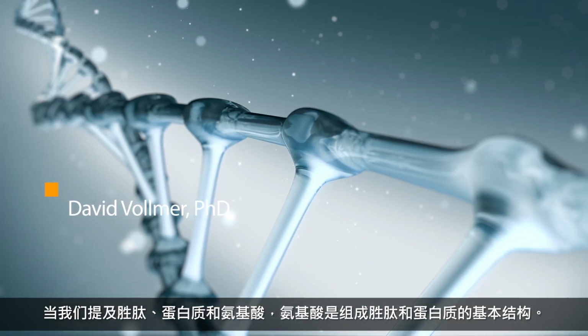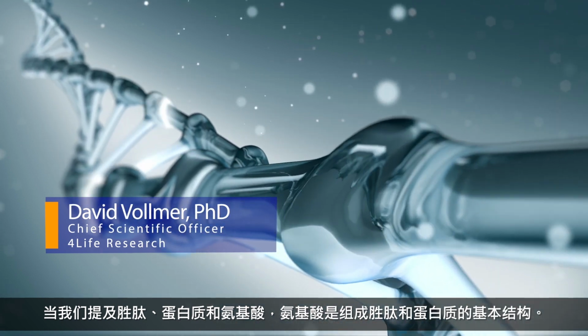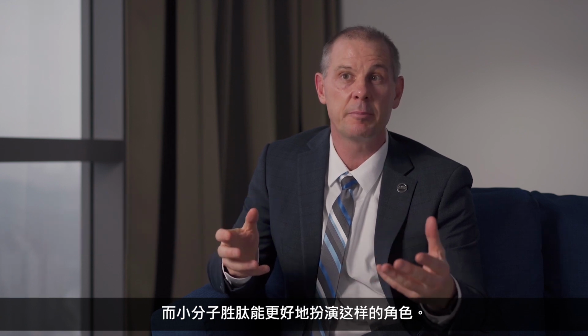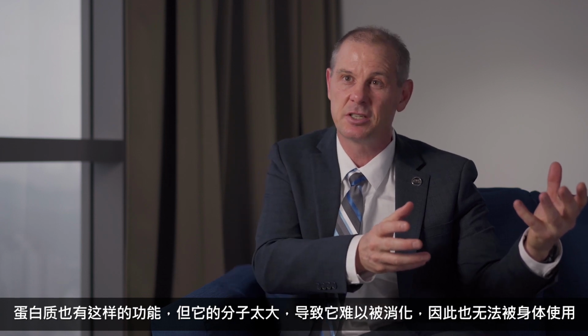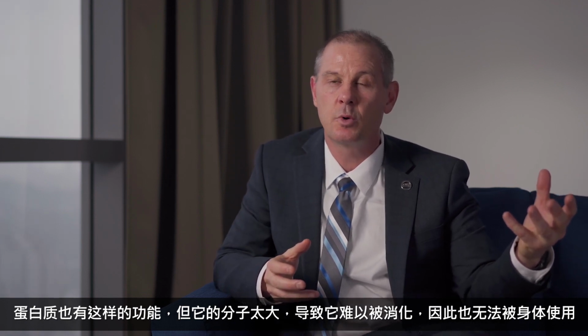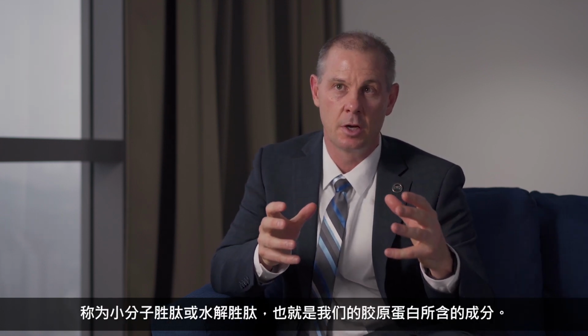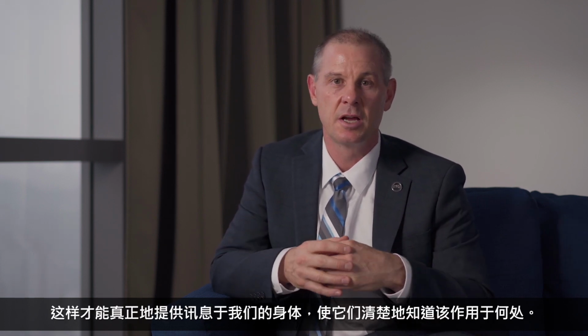When you think about peptides and proteins, amino acids really are the building blocks of peptides and proteins, but they don't have a lot of information as to where they need to go in our bodies. And really that's more the role of small peptides. Proteins also have that role, but oftentimes they're too large to be digested, and so they're not utilized by our body as well. And so there's this kind of sweet spot in terms of peptides and proteins called small peptides or hydrolyzed peptides, which is what this collagen is,